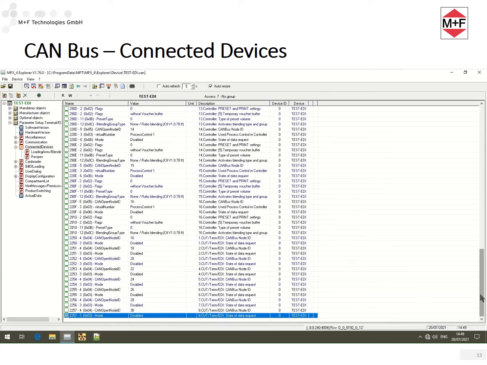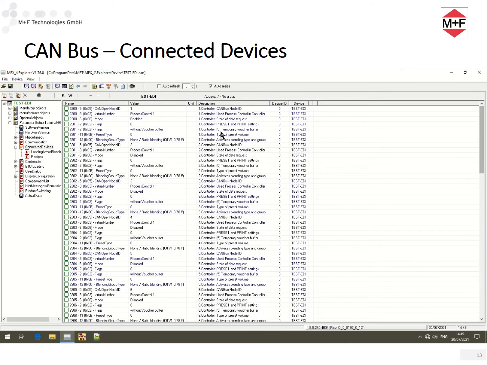To activate the devices, the appropriate node number is set or selected and the mode is set to enabled. All entries that are not required are set to disabled mode.